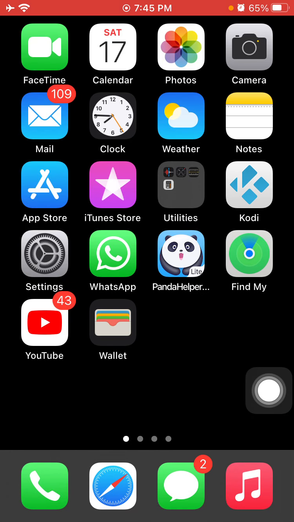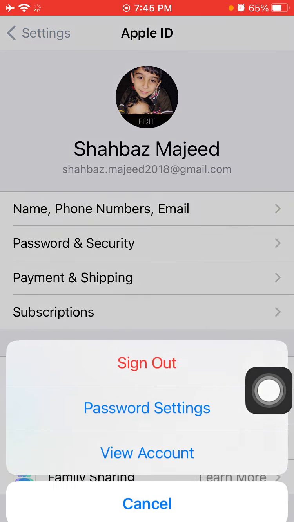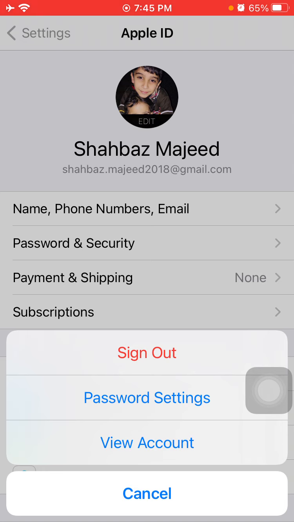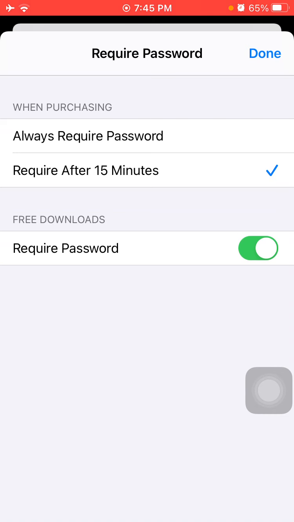First of all, we have to go to settings, then tap on your profile name and tap media and purchases, and a pop-up window will appear and we have to tap on password settings. Under required password, we have to turn off required password under free downloads. After that, we have to tap on done,